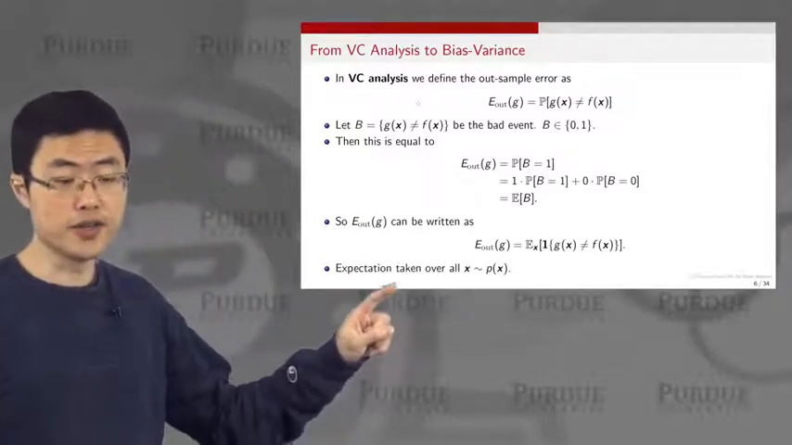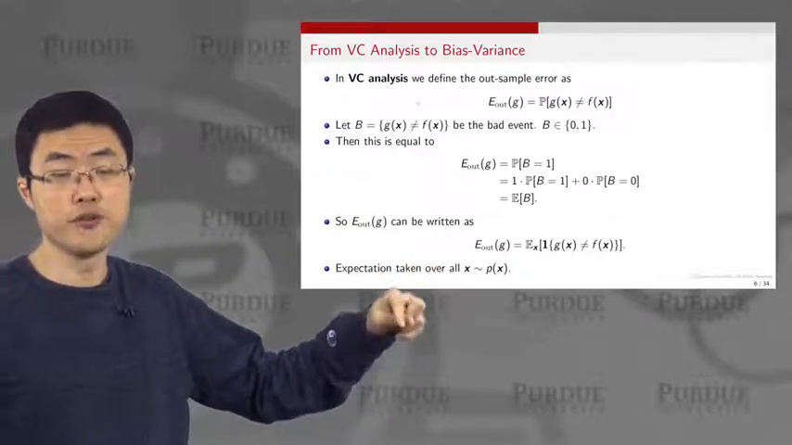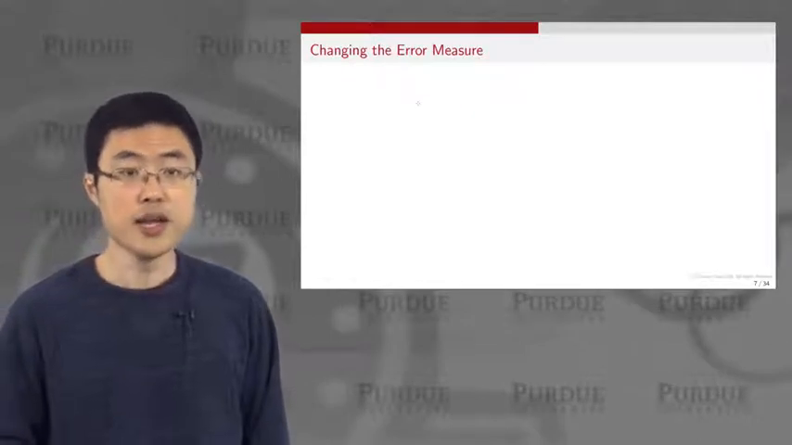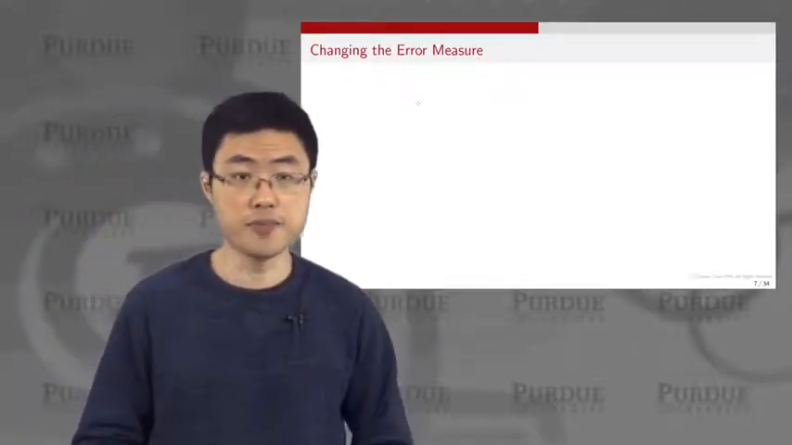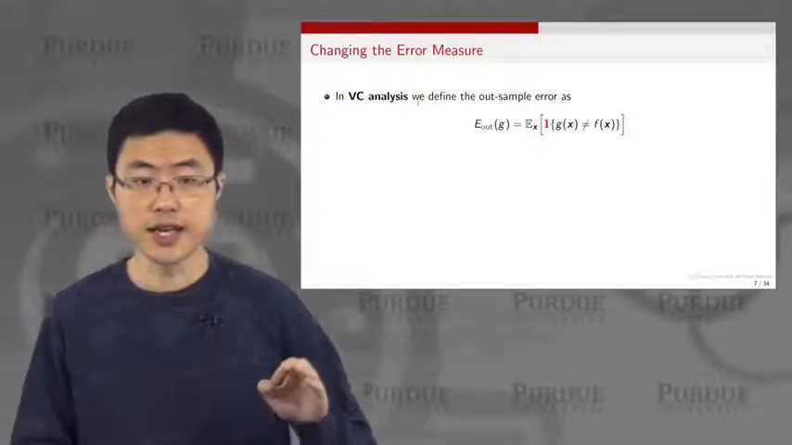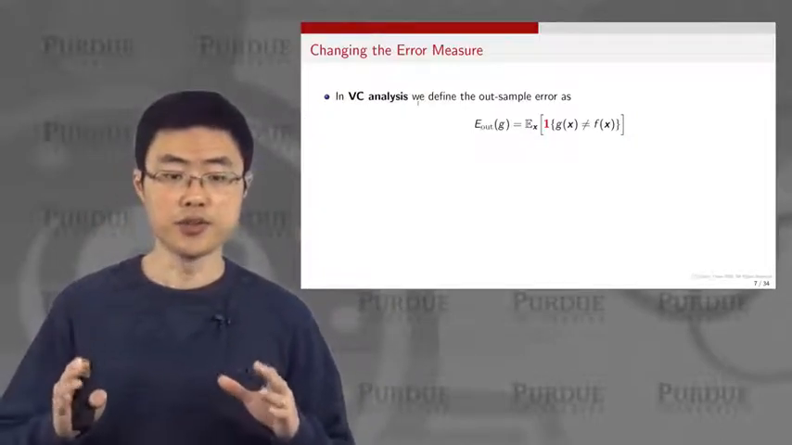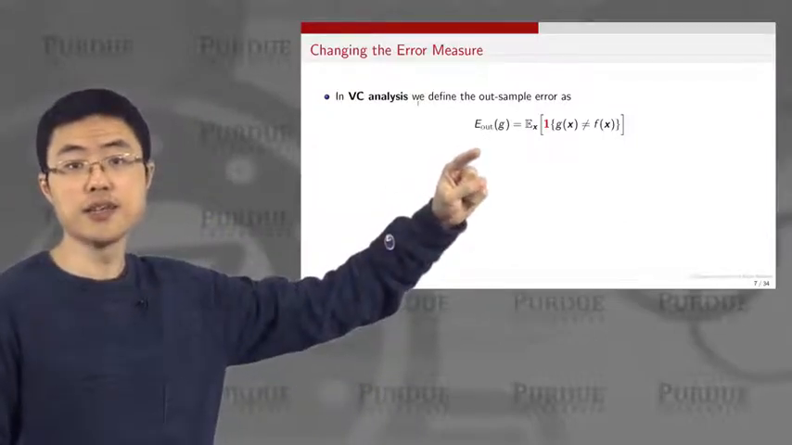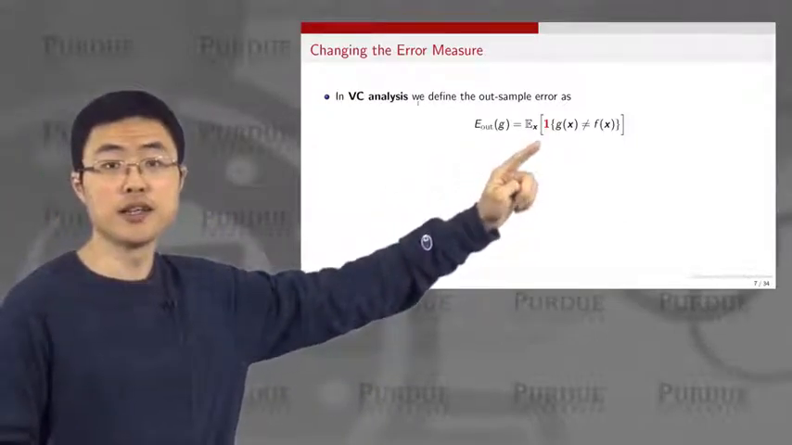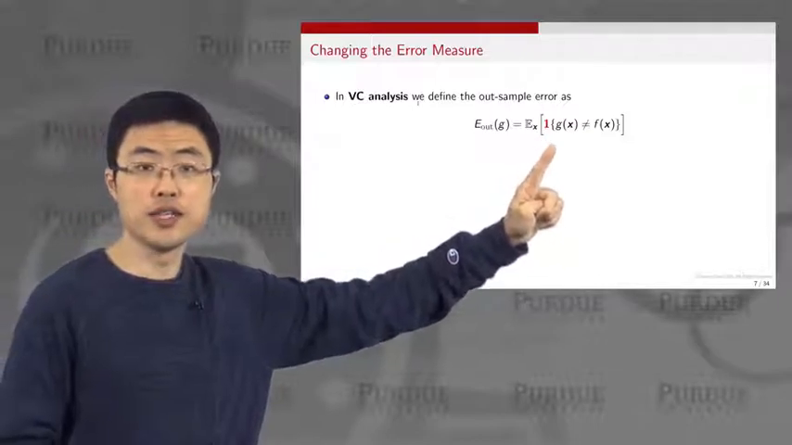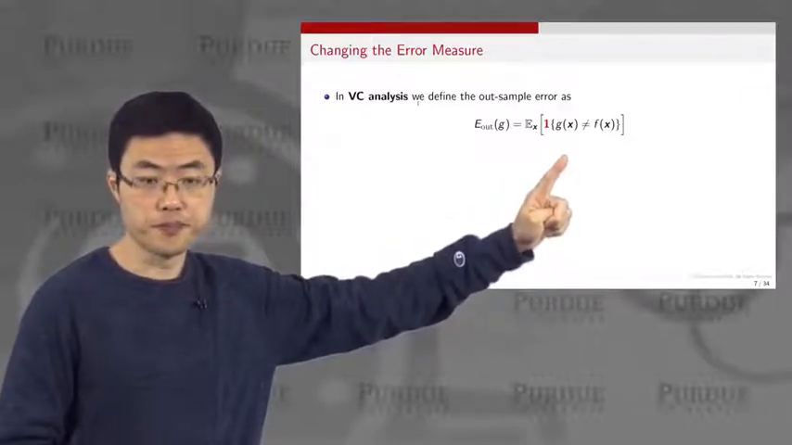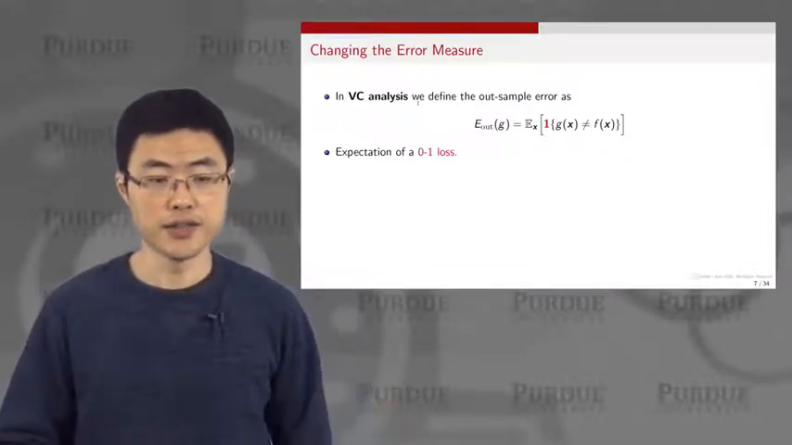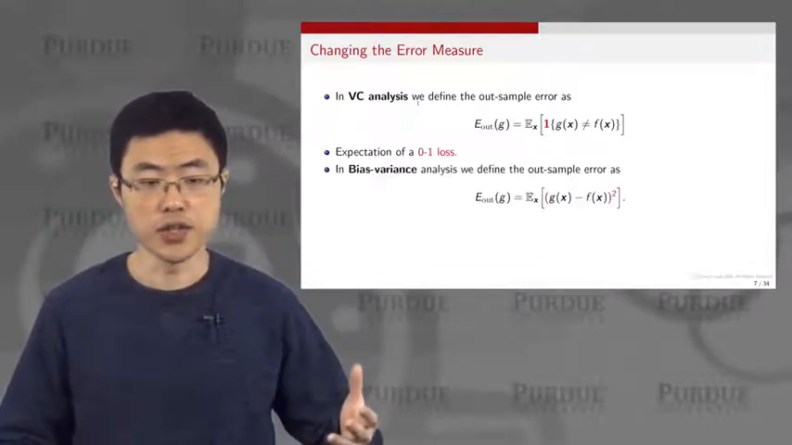This expectation is taken over all the possible x drawn from your distribution P of x. So now let's also try to change the error metric. In the VC analysis, we define the error to be the indicator function. Here the expectation is applied to the indicator on whether g is the same as your f. Now this expectation is a 0-1 loss, and the 0-1 loss can be changed to other types